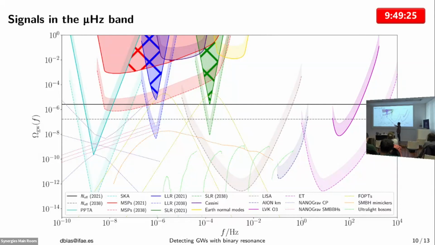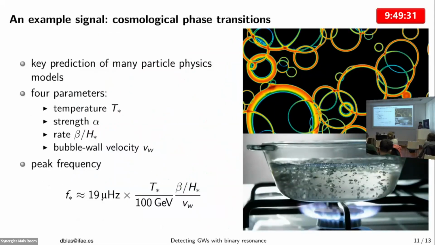for us, the most relevant ones are the first order phase transitions from the dark sector. So let me just, in my last 5 minutes, mention them a bit more. They are a key prediction for many particle physics models beyond the standard model. In particular, because of LISA, many people are now trying to cook up models of the early universe where you have phase transitions and they generate enough gravitational waves at frequencies which are around 10 to the minus 2, 10 to the minus 3 hertz.